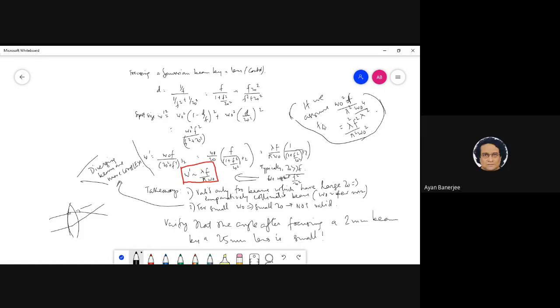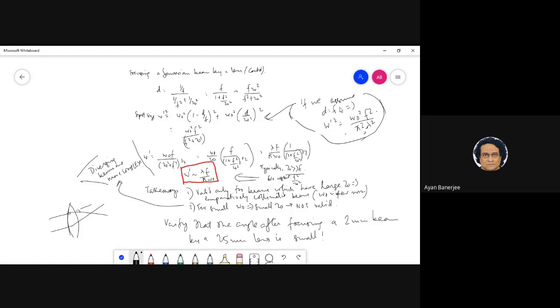If we assume f equal to d, then you will basically get w dash square is this. Oh, this is completely screwed up. Let me write this properly. So if we assume f equal to d, we get w dash square equal to w0 square x square by... So it will be more accurate if you assume d equal to f. Right. Absolutely agree.